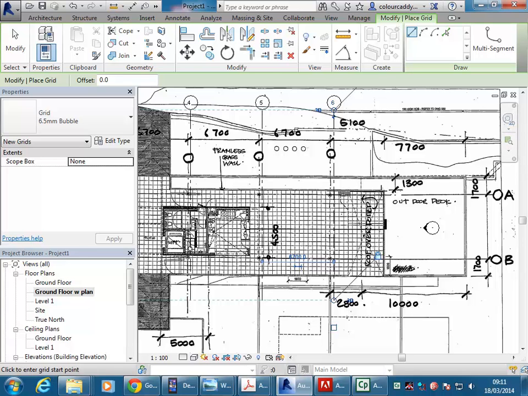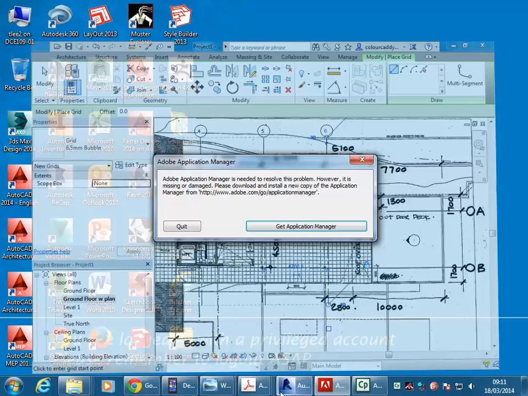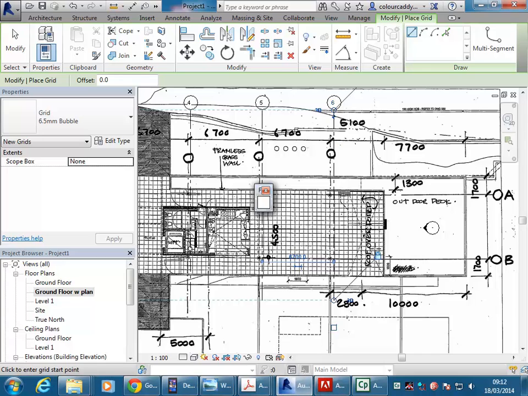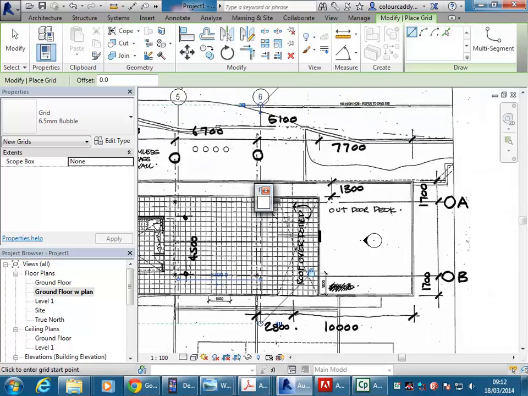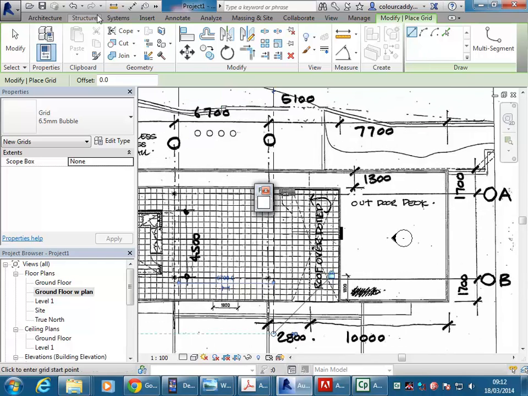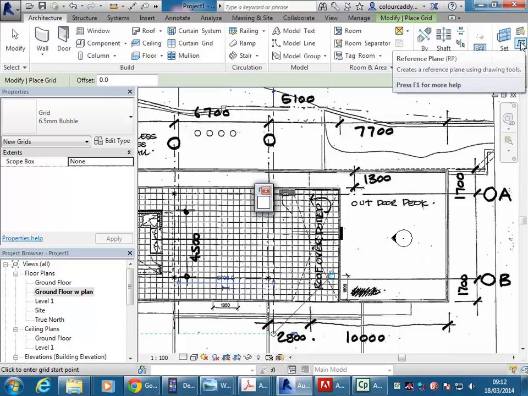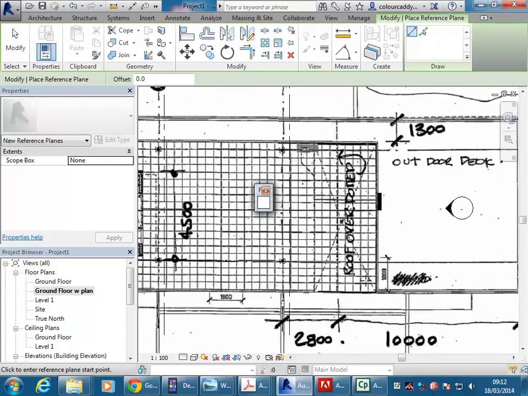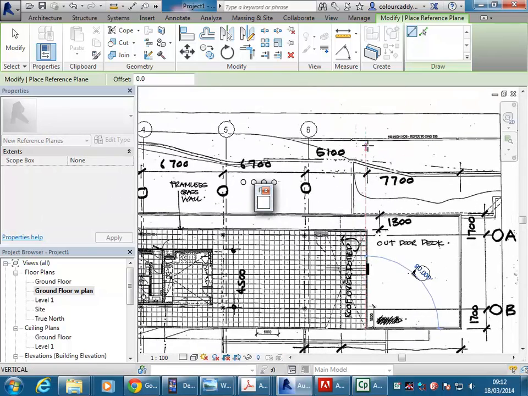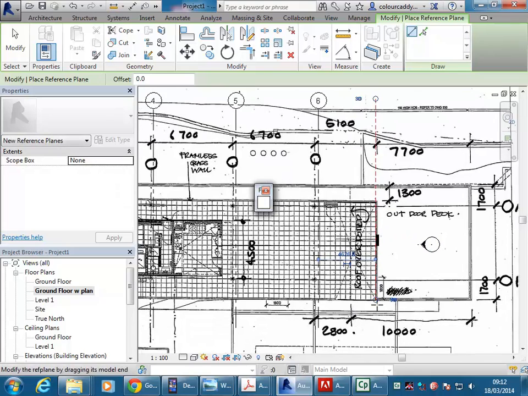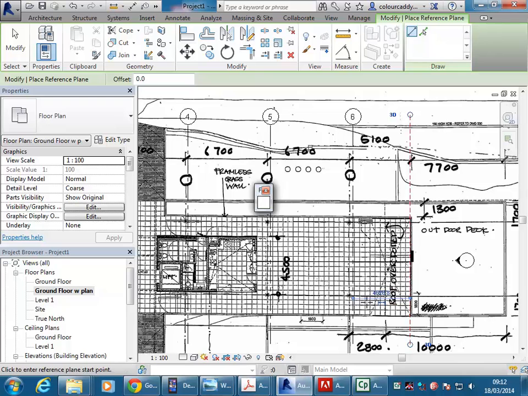And so again, the level here is, well, that 5100 is only up to the, going to the, sorry, Revit again. Oh yeah, sorry, going to just a reference plane instead. So I'm placing a grid line. So I'm just going to draw a reference plane, and then again trace that over the line there at the end of the paving. And oh yeah, and so you can see the dimension there. So I'm going to make that 5100,